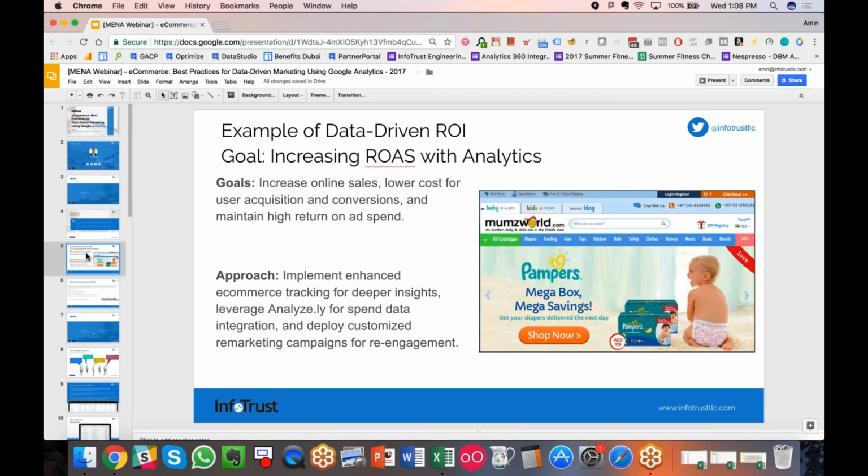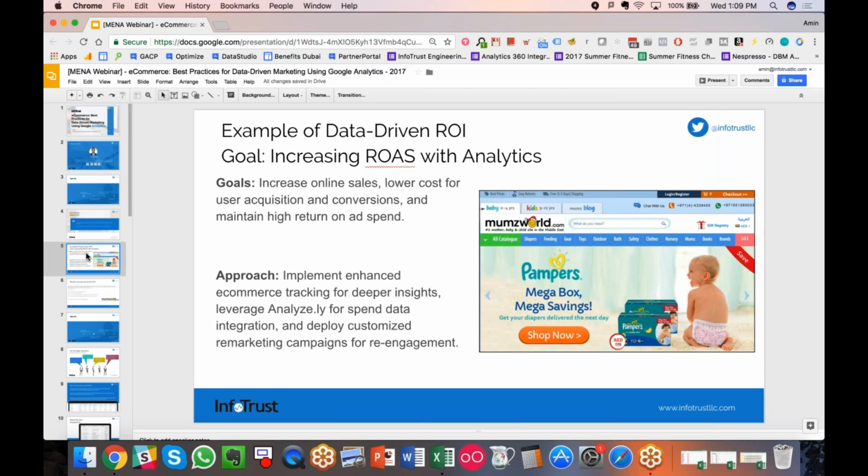We helped them implement a really enhanced data architecture and bring multiple data sets together, analyze, and try to improve their conversion rate. The goals here were to increase online sales, lower cost of acquisition, and drive the bottom line. I'm sure if you work for an e-commerce business, or your organization sells anything, these are common goals: increase sales